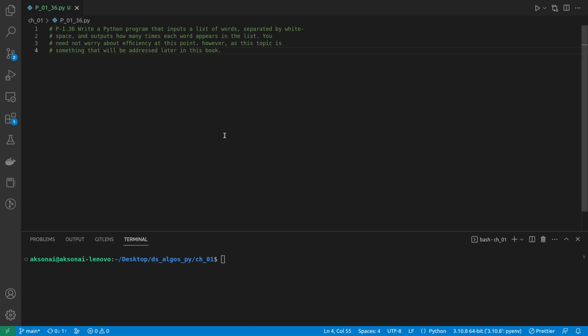In this one, we need to write a program that will get a list of words separated by white space and will output how many times each word appears in the list. Now, in this exercise, we don't need to worry about efficiency because we will learn about this later. Okay, so